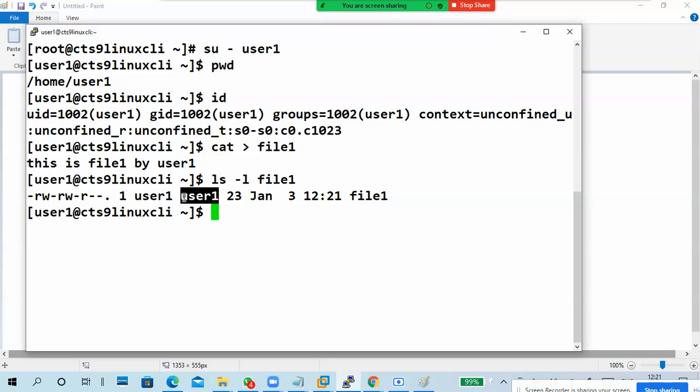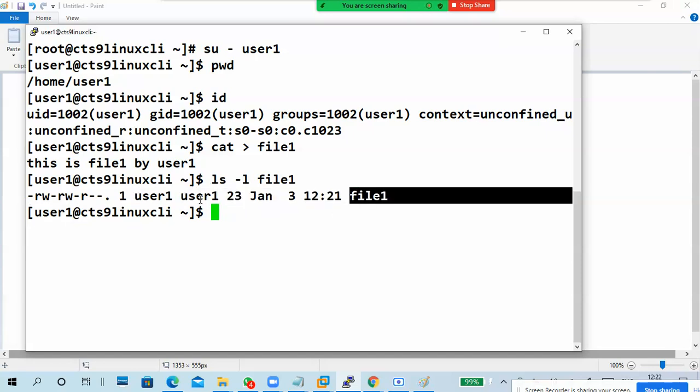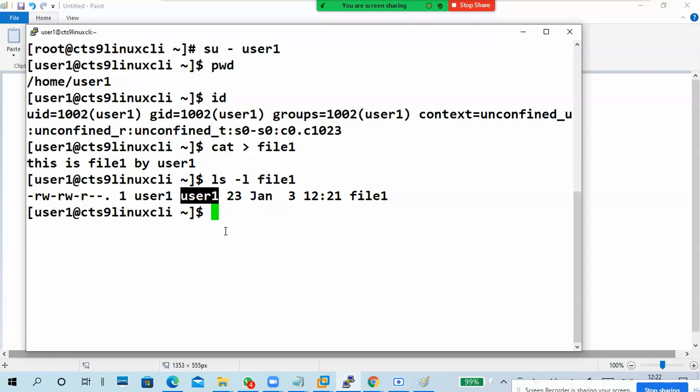When a user creates a file or directory, the owner is that user, and the group shows the user's primary group. That is the power of the primary group.